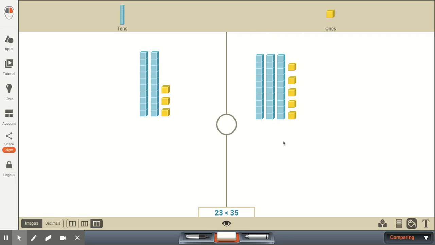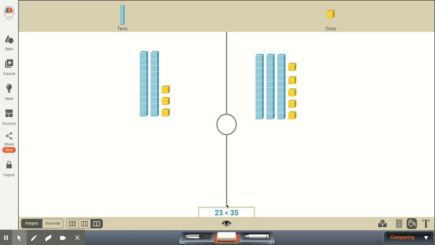So we'd want our student to say, okay, which is greater or which is less? 2 tens versus 3 tens. Hopefully they'll say 2 tens is less than 3 tens. Therefore, the number 23 is less than the number 35. And hopefully they won't be confused by seeing the 3 in the ones place and this 3 in the tens place and thinking that since both numbers have the digit 3 in them, the value of the entire number is the same. So make sure that they're just comparing the tens place to the tens place.